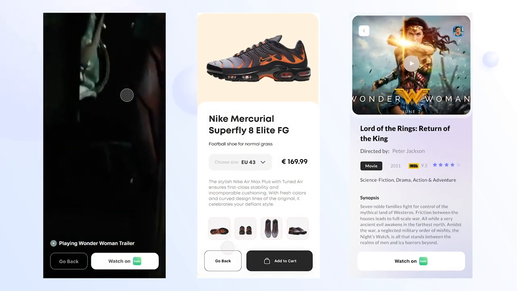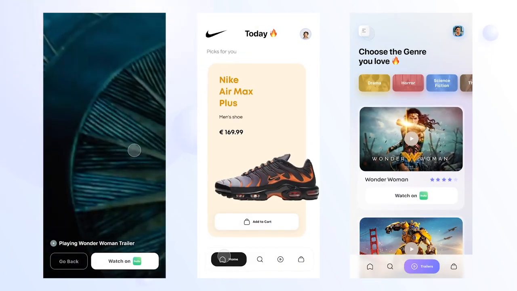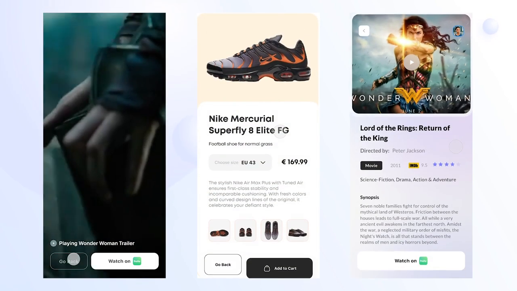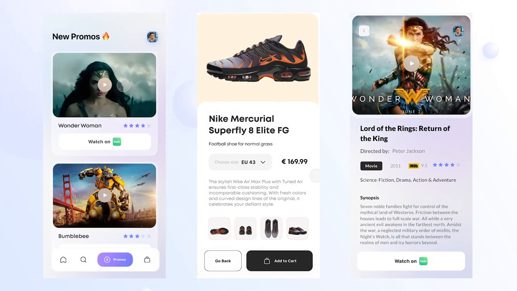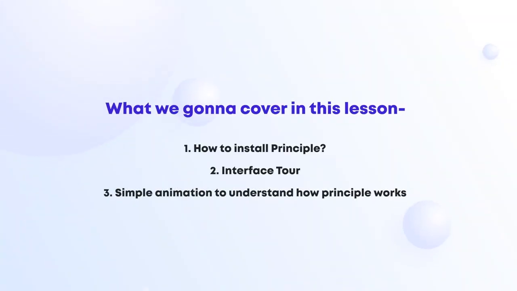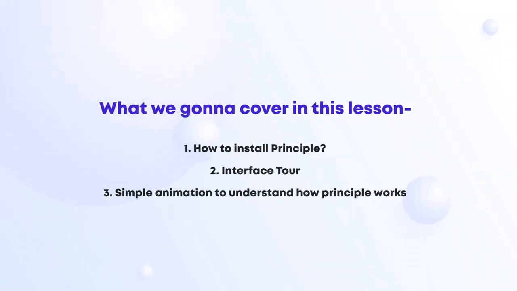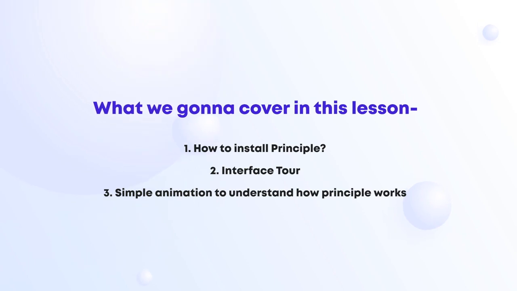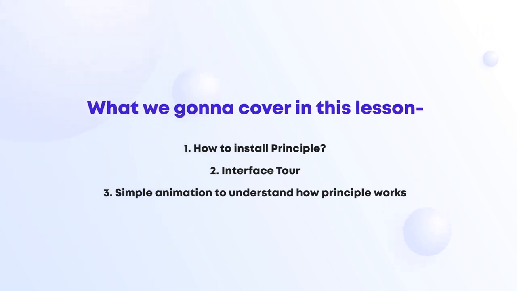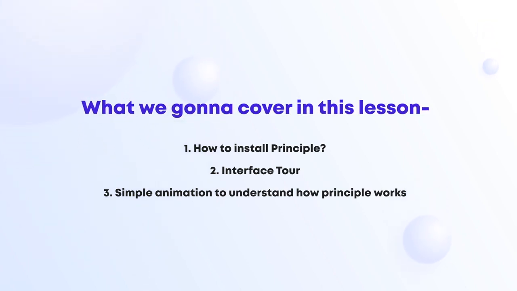As we talked before, prototypes made through Principle are interactive on phone, and that helps to test the product on users and collect feedback. So without any further ado, let's get started with Principle for Mac. So guys, in this video, we're gonna focus on 3 parts. First, how to install Principle. Second, we're gonna see the interface of Principle. And third, we're gonna connect 2 screens together and create a basic animation, basic interaction, just to see how